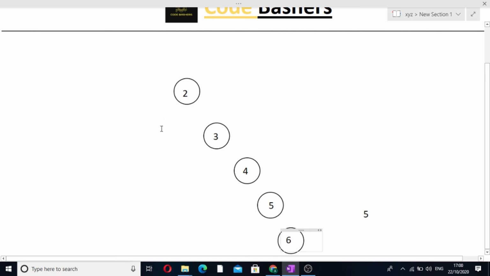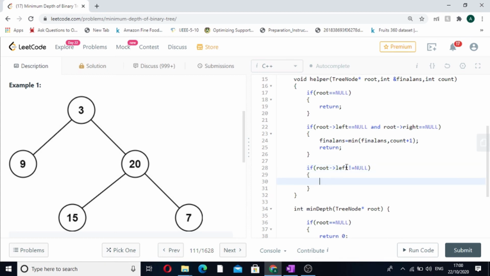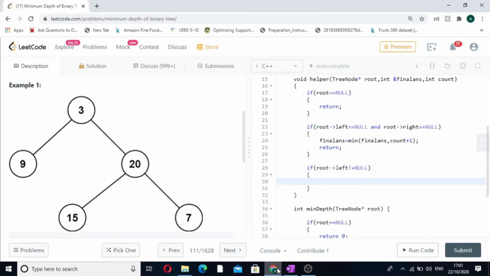It means that going to the null side we have to avoid, because it will not give us any good answer. So if our root left is not equal to null, that means we can find a path which can lead us to the minimum path to leaf nodes.